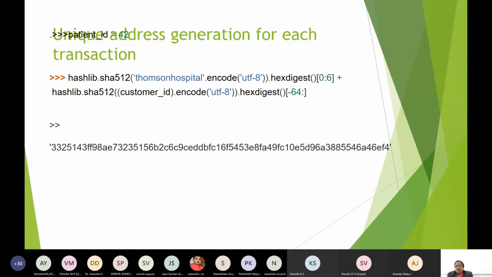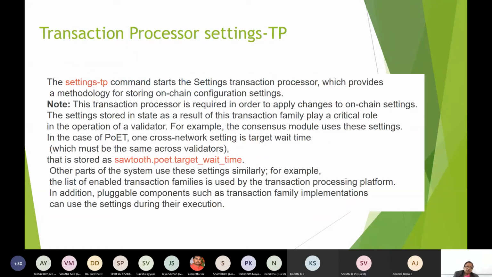Okay, so only the first 6 characters of Thompson Hospital are picked up, and then it is hashed with the customer ID. This is encoded to take the 64 characters, and totally you will have this part generated. That is a unique address generated for each transaction. This is how it is generated. Okay. Settings TP.